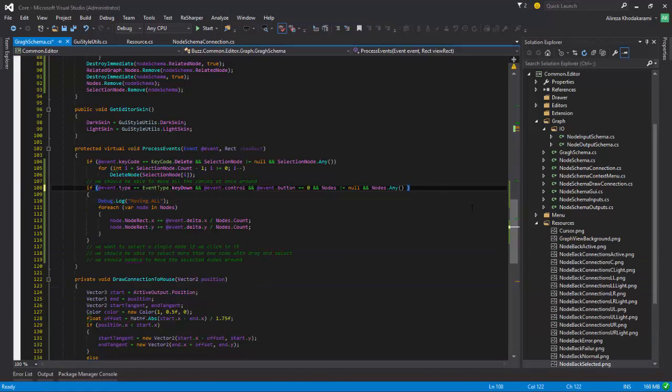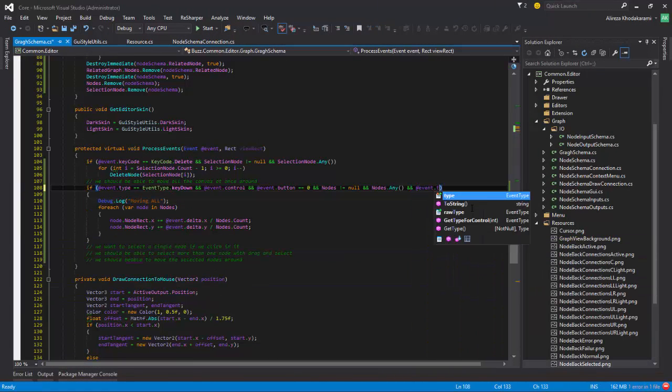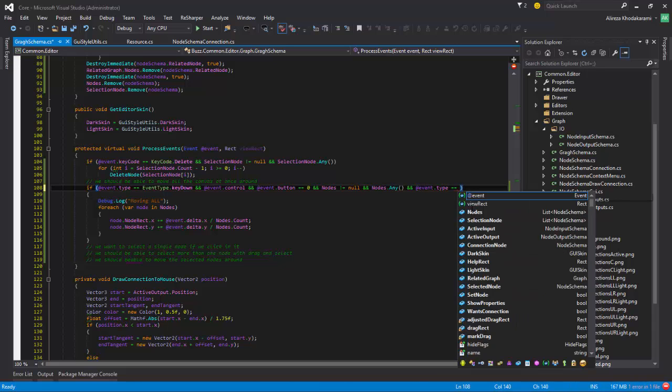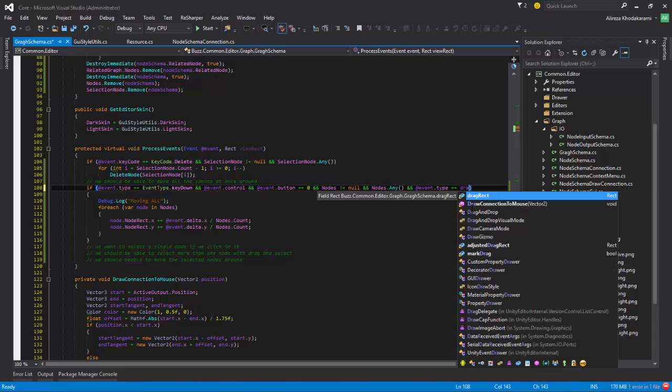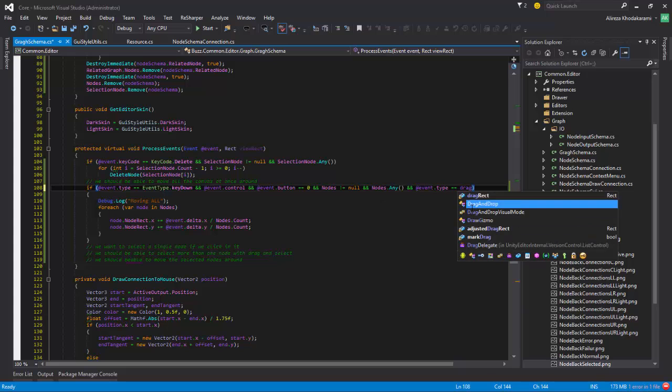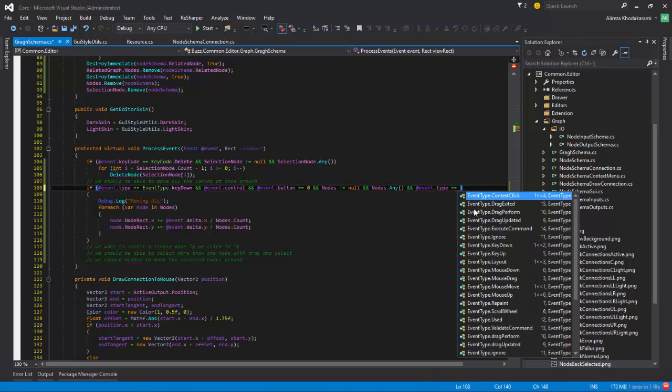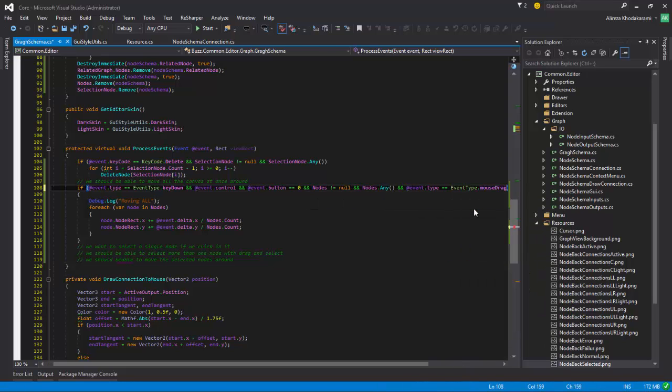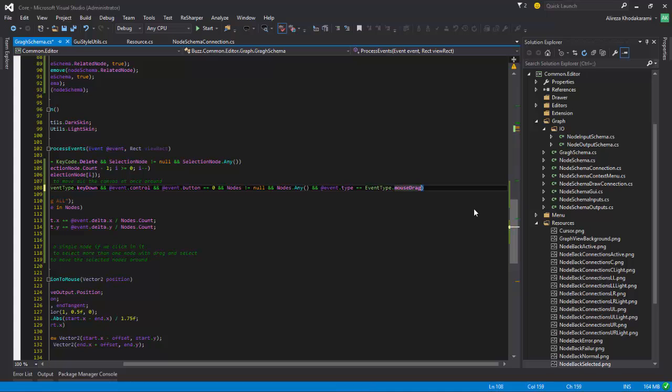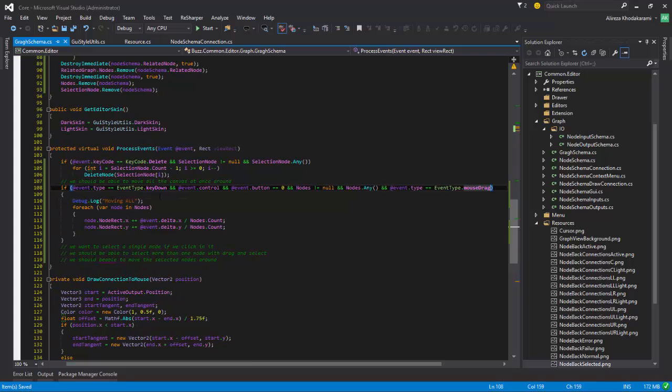And I don't think this will work, and e.type equals drag, and it won't give me that, so mouse drag. I think this won't work because event type can't be used as both key down and mouse drag. But if I move this part